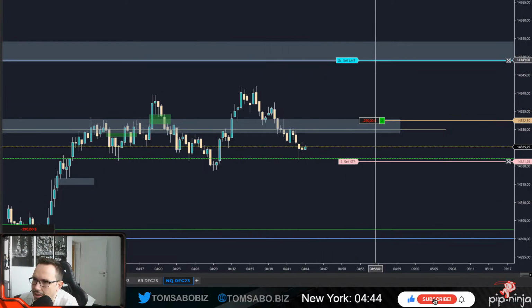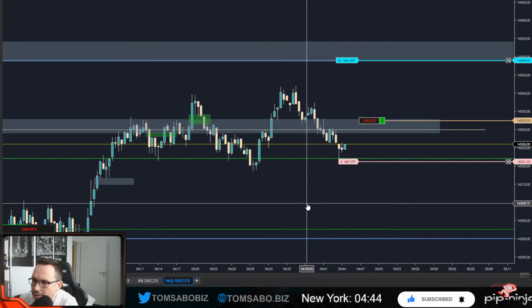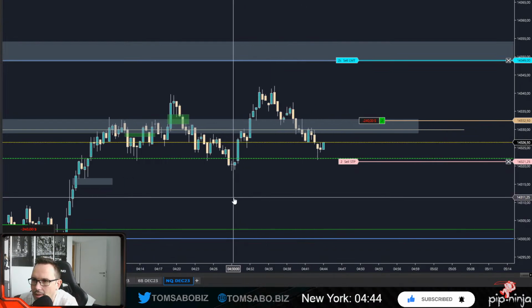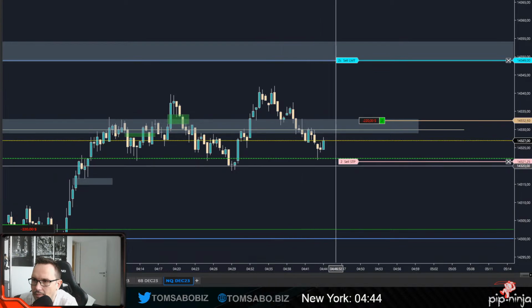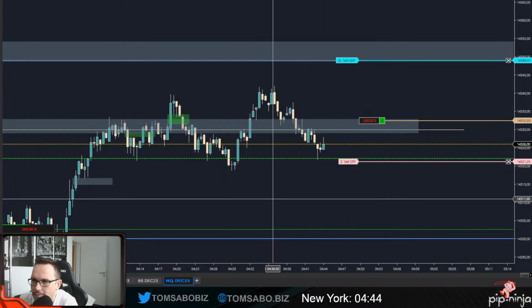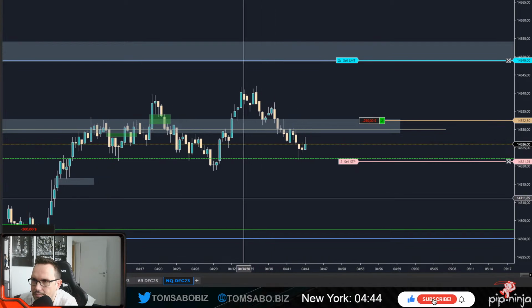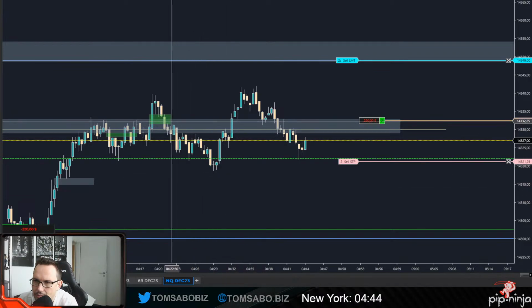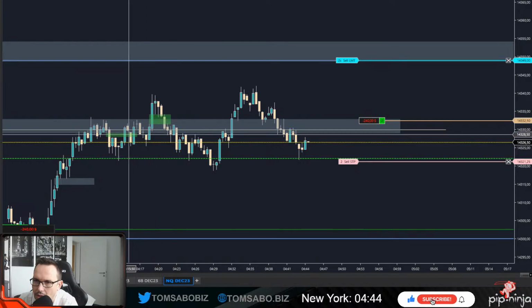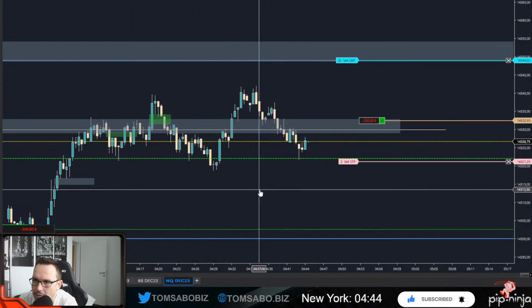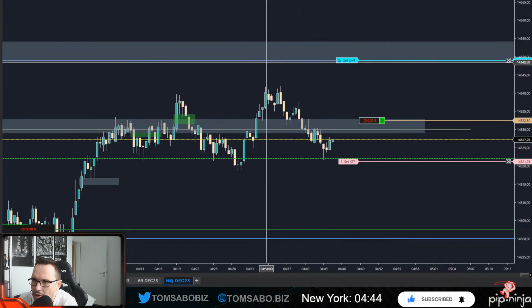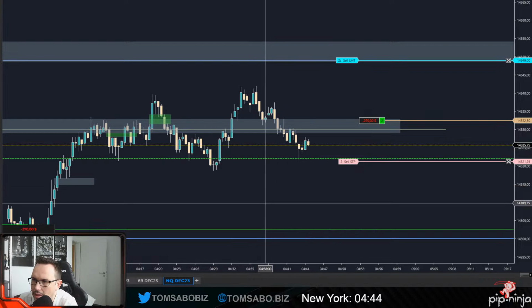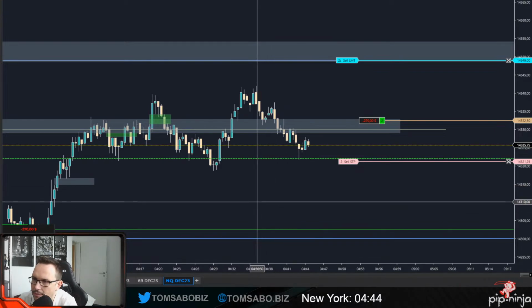This 49 level is crazy. It's crazy. There's a bunch of liquidity up there. I know there's liquidity down there as well, but that's where I took the long. If I would have shorted here, that would have taken me out. So then I thought, okay, we're gonna go for that 15-minute imbalance, and it's just not going for it.